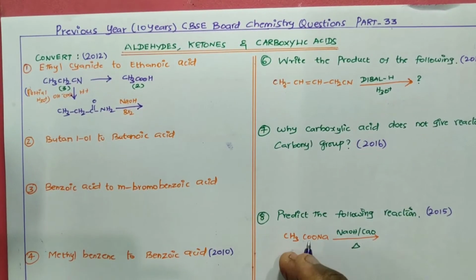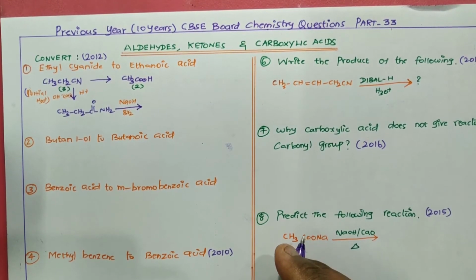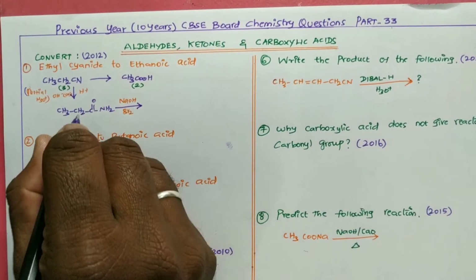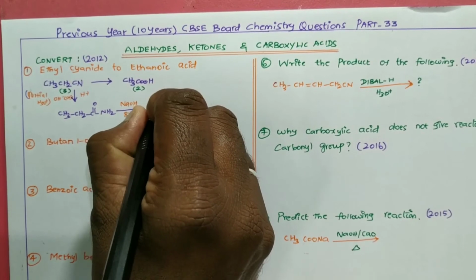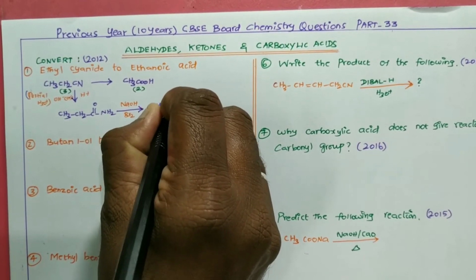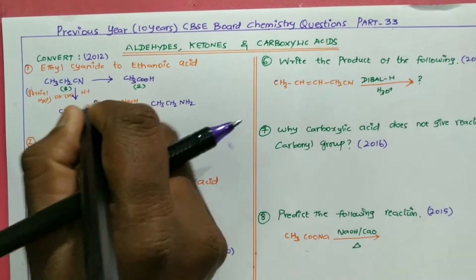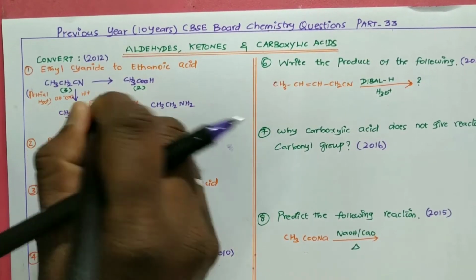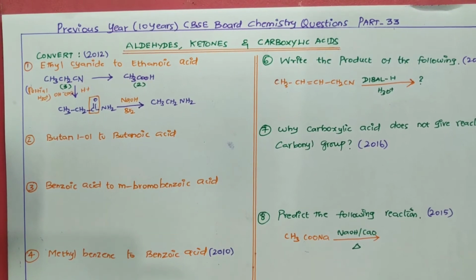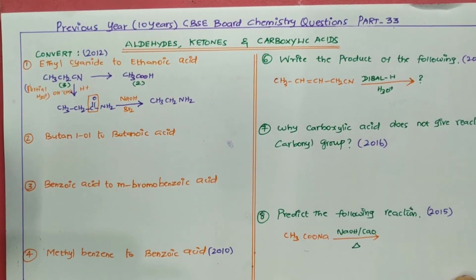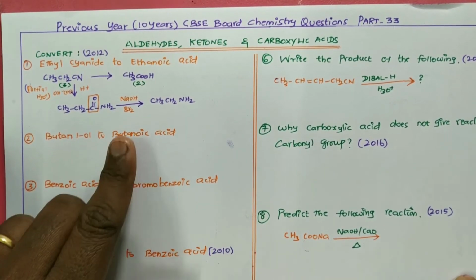So bromine with KOH or bromine with NaOH gives the Hofmann degradation. I'll get the product CH3CH2NH2. Nothing but it removes this carbon atom. So if you want to reduce 1 carbon atom, at that time we have to use Hofmann